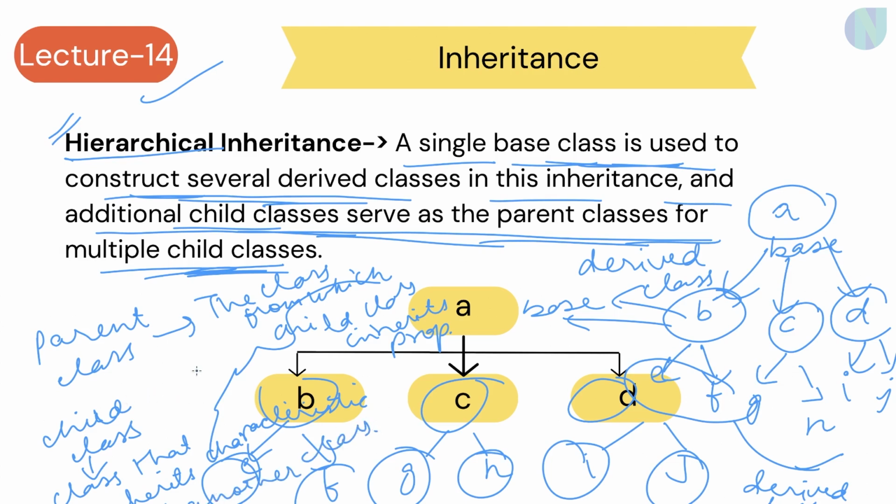So basically there are two terms, parent class and child class. The number of child classes that can be inherited from a single parent class is based on the type of inheritance. So there could be many child classes inheriting properties from a parent class based on the type of inheritance, like single, multiple, multi-level, hierarchical. But coming to the parent class, there is always a single parent class that can derive multiple child classes. So there is a single parent class that is deriving multiple child classes, and then these child classes or derived classes have more child classes. So this was all about parent class and child class.